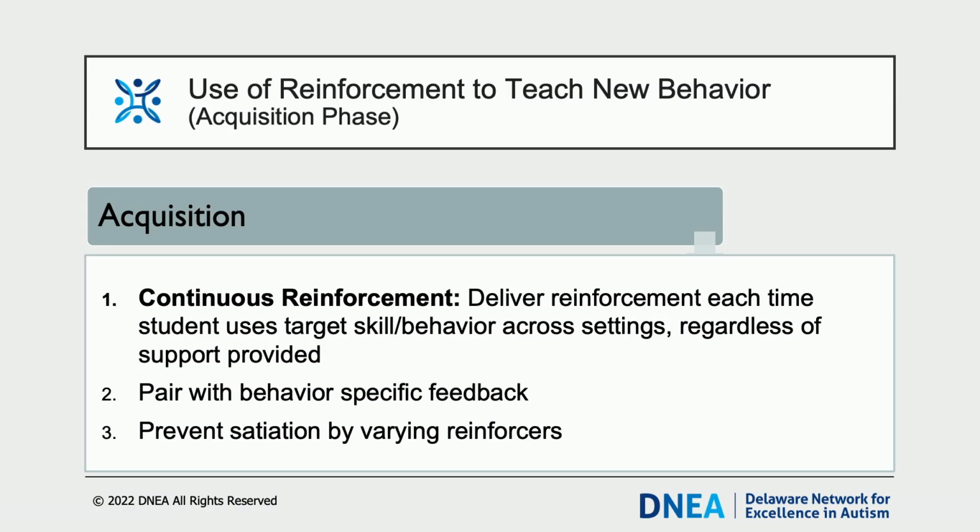Teach the target skill or behavior during several short instructional sessions, as opposed to one long session where satiation is more likely. Frequently conduct preference assessments and select different reinforcers if satiation occurs. Avoid edibles or only use if nothing else has been identified for that student. Finally, switch from primary to secondary reinforcers as soon as possible.